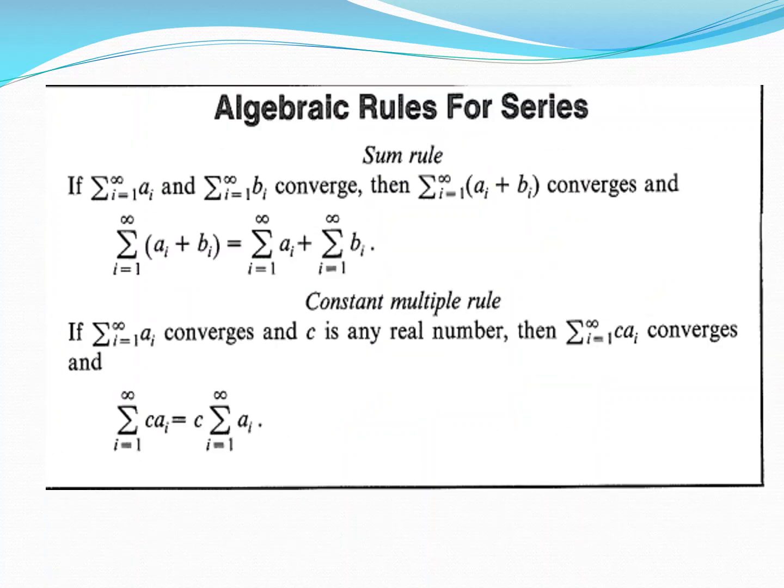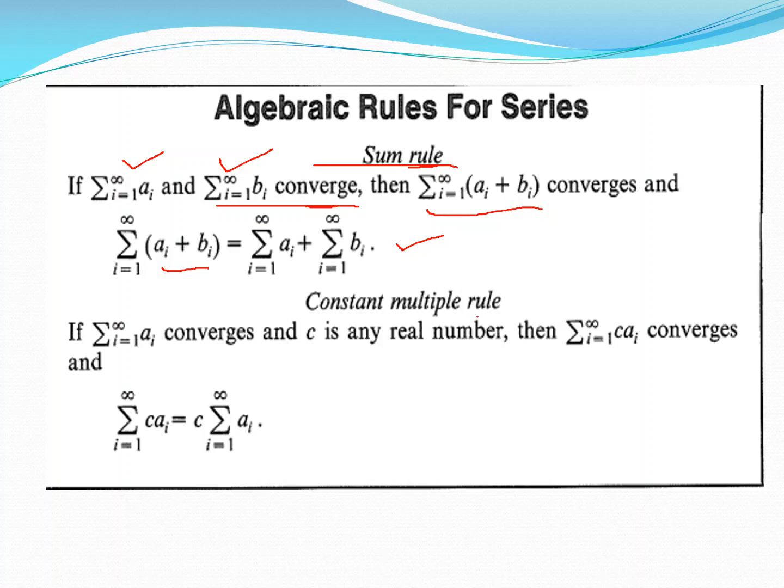These are some rules for series. Sum rule. If we have summation ai and summation bi, and both converge, then the sum will also converge and can be written in this form: summation of ai plus bi is equal to summation of ai plus summation of bi,